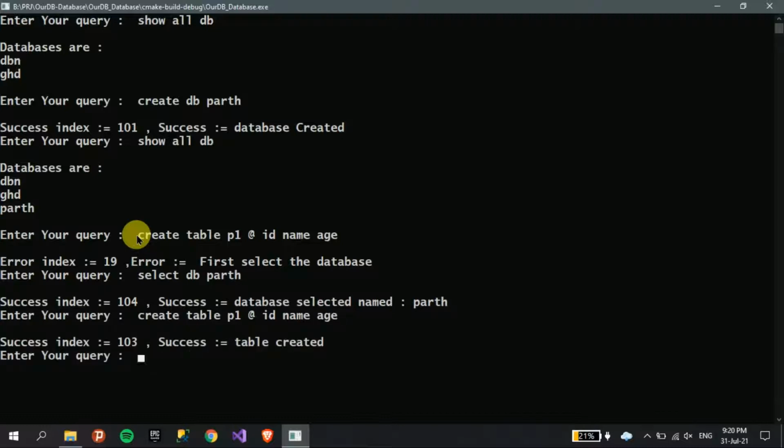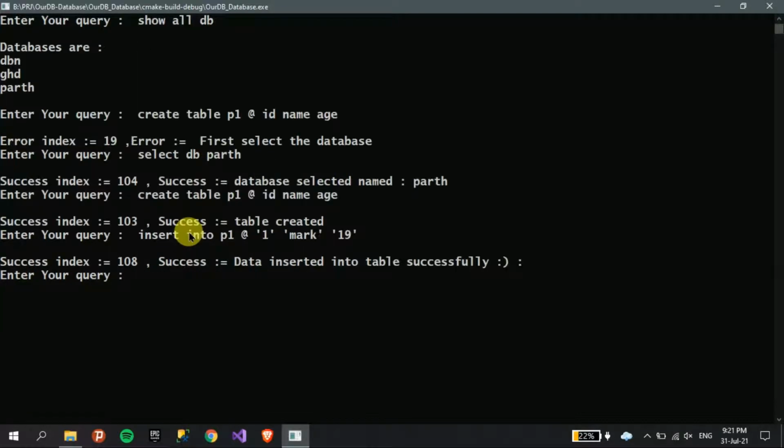So the table is created. Now we have to insert data into it, and there is a command for that: insert into table name at the rate. The ID value has to be put in single quotes, so I will put 1, and name mark, then age 19. Here, as you can see, data is successfully inserted.